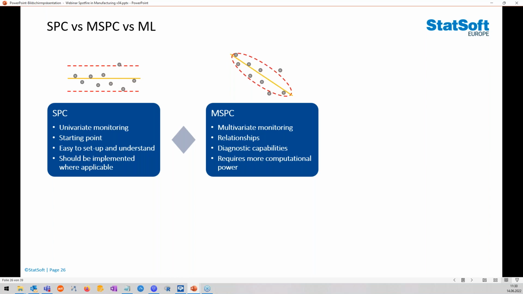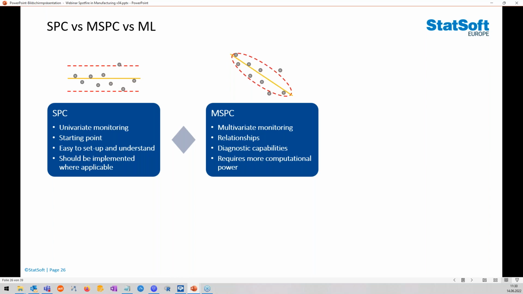Because if you take SPC as a strategy and you have hundreds of measurements, you need to look at, theoretically at least, hundreds of charts to see what's going on, whereas MSPC can compress this down to just a few charts, albeit in a compressed sense. So you don't see every detail anymore. We will see in the example how that turns out.